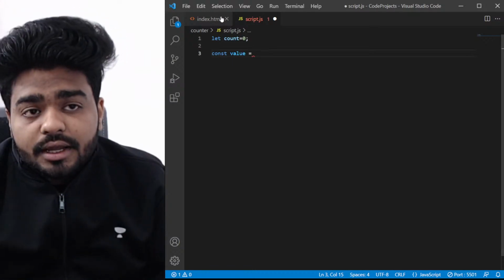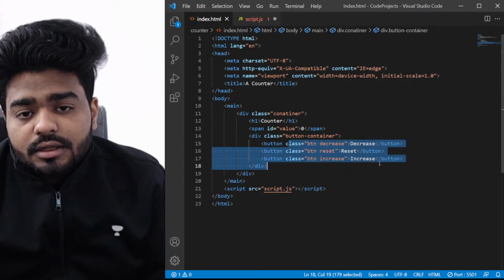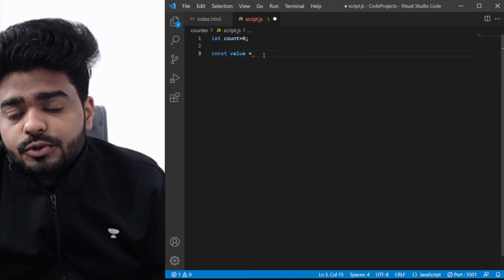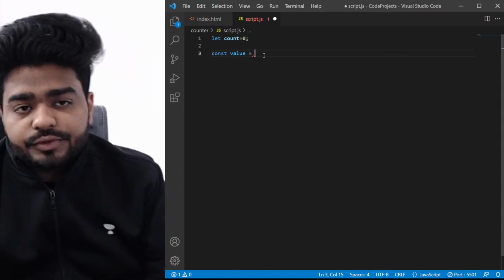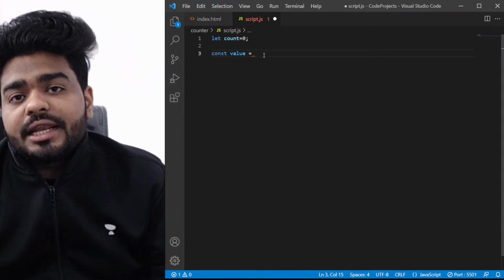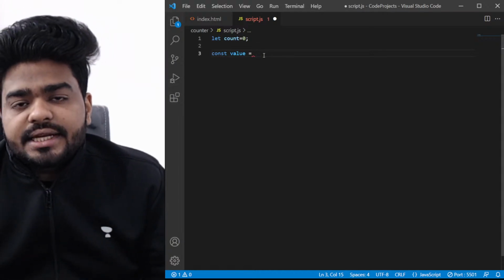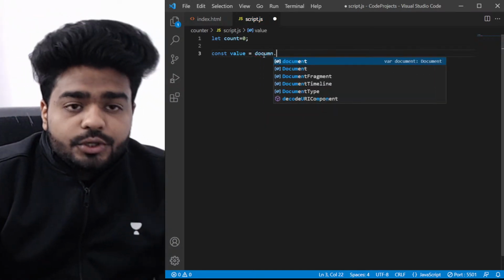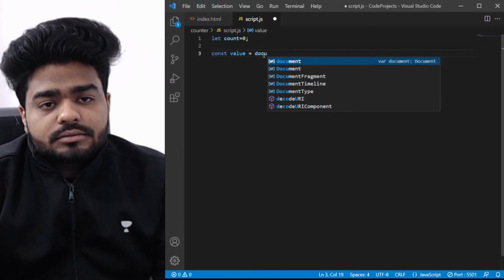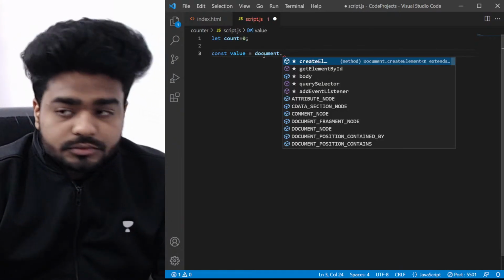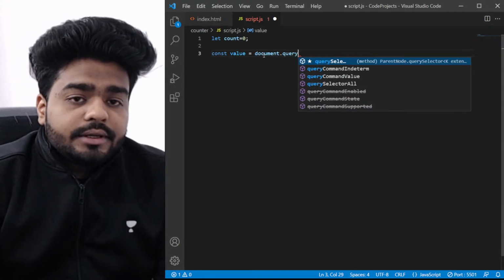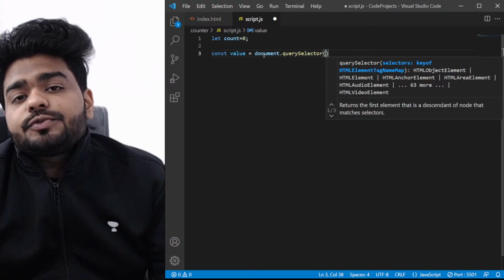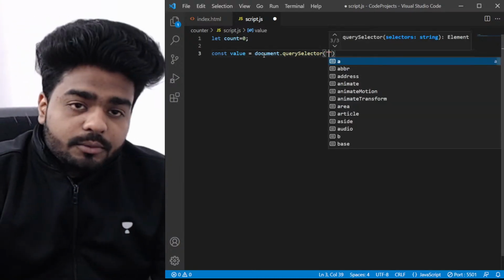So don't you think that whatever result comes from all three buttons will get stored in this value? So how can we do that? I have explained one of the DOM elements of the HTML DOM. Yesterday, I think I took this session and explained that you can use the DOM to do a query selector, right? So query selector will take all the values from every button, right? So what I'm going to do here is